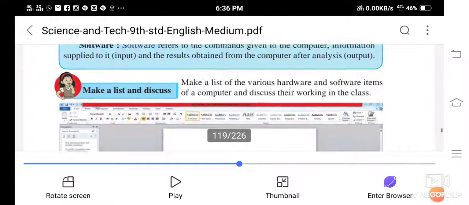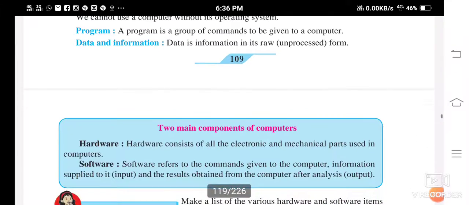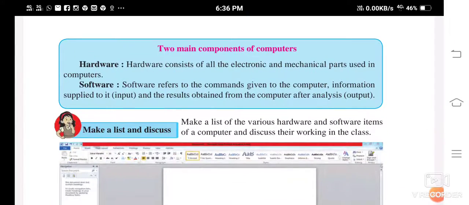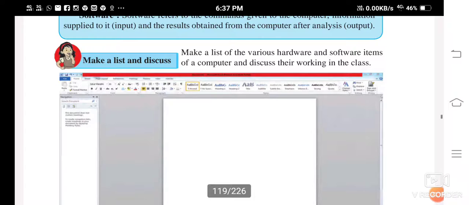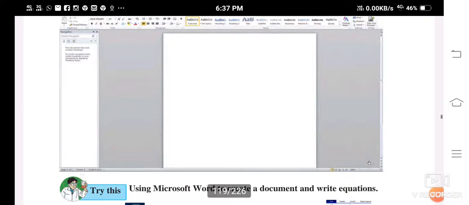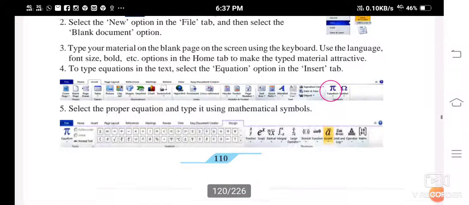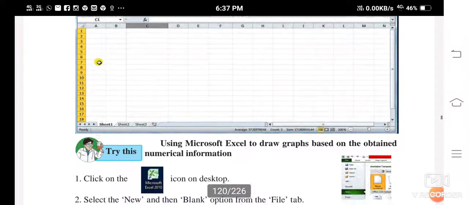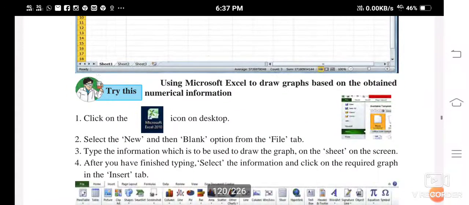Hello students. In the last video, we studied the important components of a computer. The two main components of the computer are the hardware and the software. I told you what is called hardware and what is software. Then we discussed some of the various hardware and software items of the computer. Then I told you how to create a document and write equations, that is, mathematical expressions, isn't it? Now see,